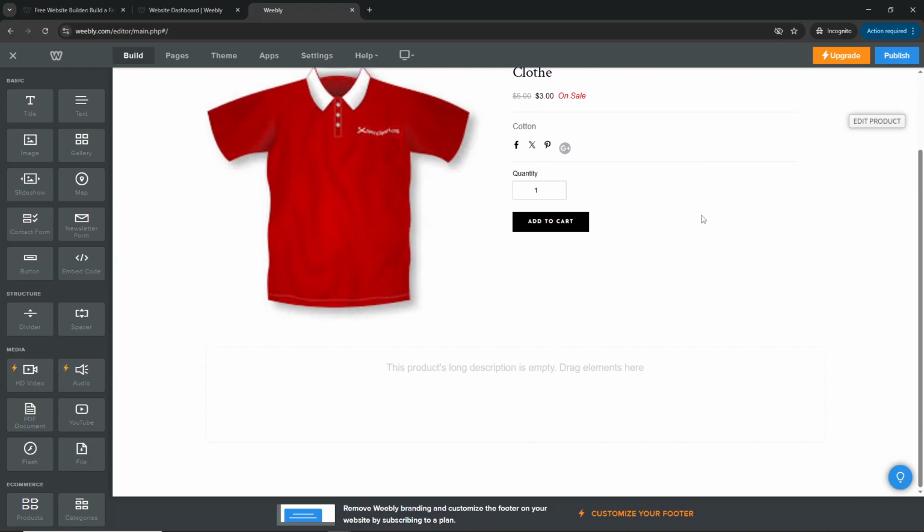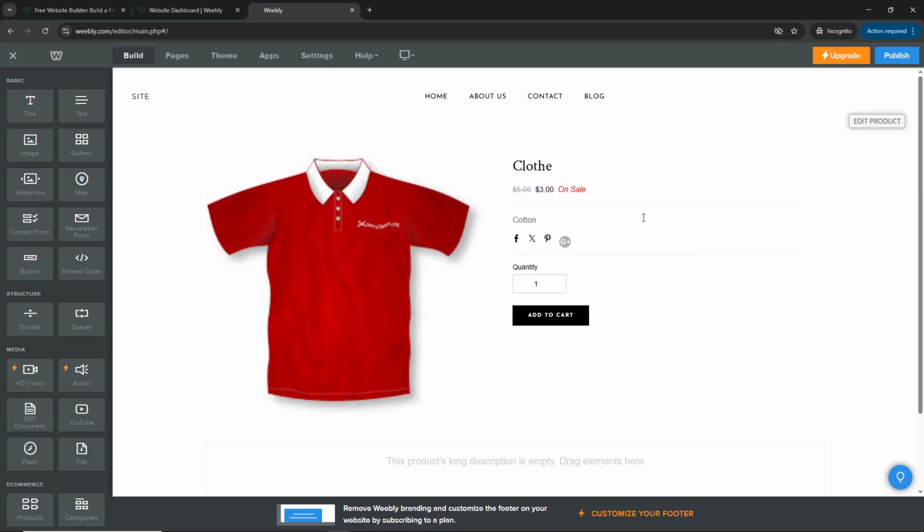And that's it. You've successfully added product blocks to your Weebly site, making it ready to showcase and sell your